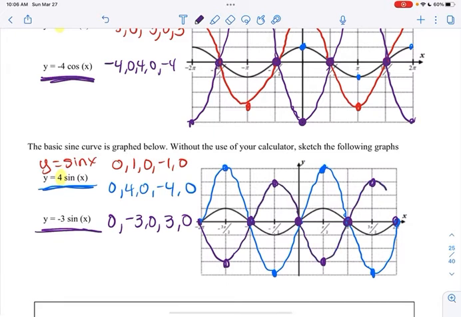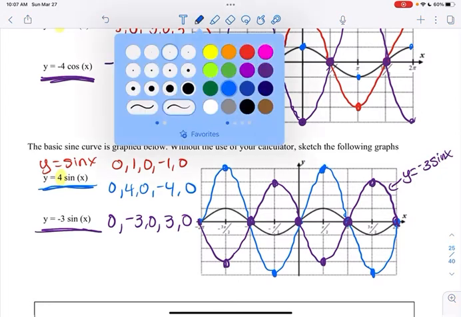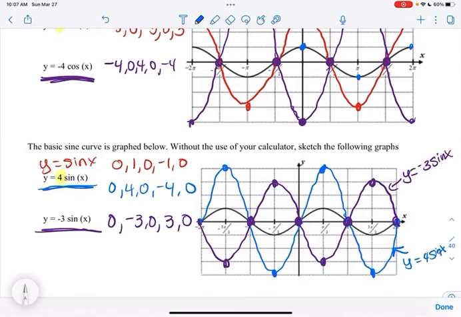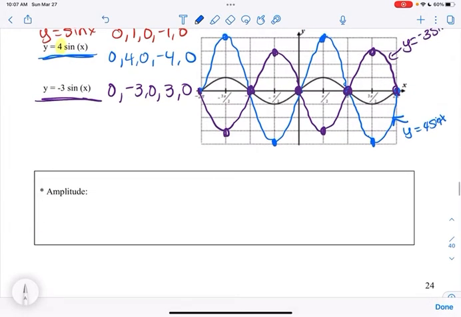So that's the amplitude. This one is y equals -3 sine of x. The blue one is y equals 4 sine of x. So that's what the amplitude does. Oops, I ran out of room right there. Okay, so the amplitude is the height of the waves